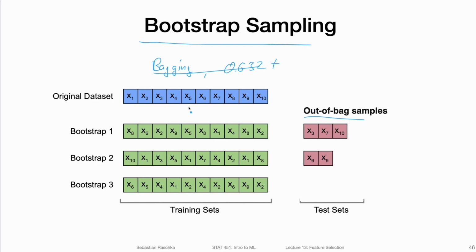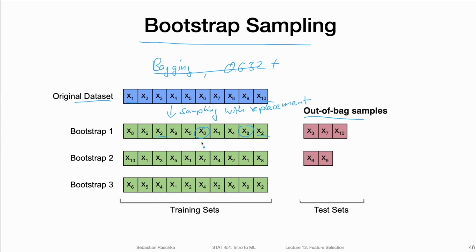out-of-bag sample. So when we consider bootstrap sampling, we have the original data set and then we have sampling with replacement, right? We have sampling with replacement, and because of that, we will have some data points in the data set duplicated. So if there are, let's say, data points x1 to x10, they will be duplicated. So for example, here I have, maybe not a great example, x2 and x2 as a duplicated sample, right? Or x8 and x8 and so forth.